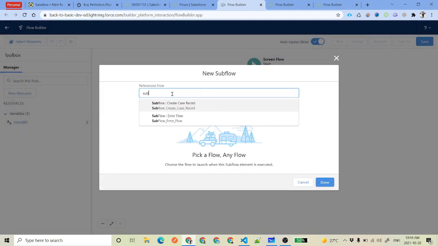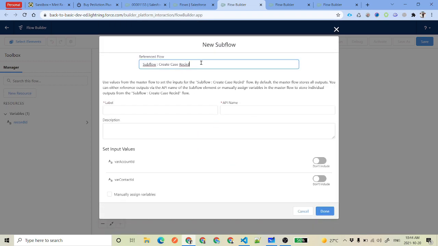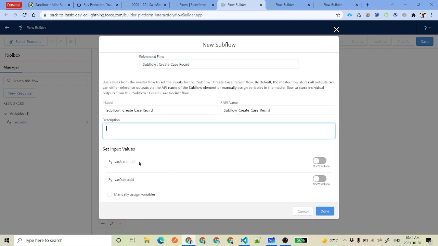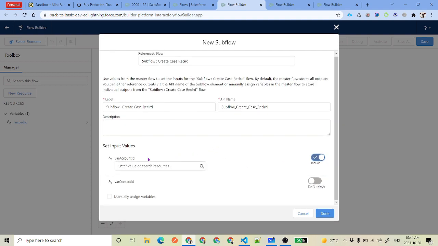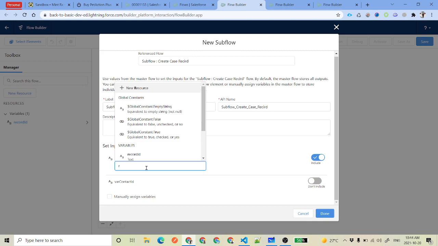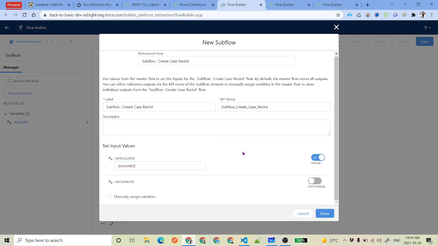What we need here is subflow create case record, and then it is asking what variable you want to pass to the subflow. So we want to pass an account ID, which is our record ID. And if you want to manually assign the variable, you can also assign. If you don't want, you can leave as it is, but I will show you how to do that.